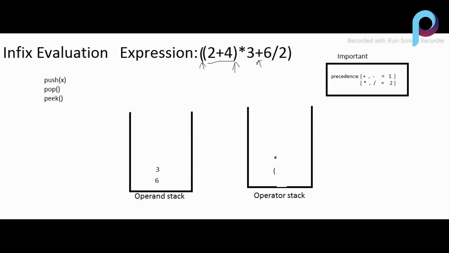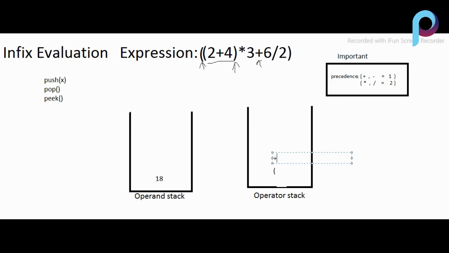Okay guys, so we pop the multiply and perform it, just like 6 multiply 3. We don't perform it like 3 multiply 6, we perform 6 multiply 3, meaning 6 as the first operand and 3 as the second operand. So now pop 3 and 6 and perform it. 6 into 3, that we write as 18. Now again there is a plus, we have to push it after solving the expression.